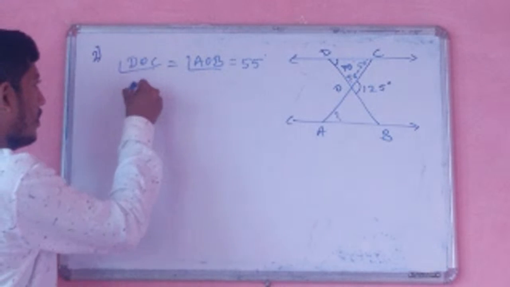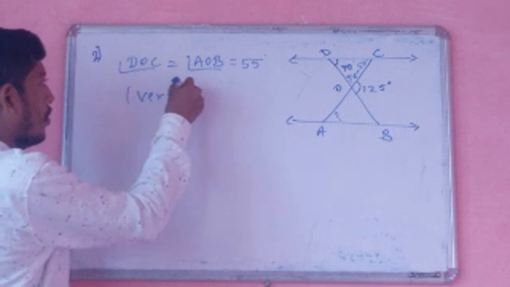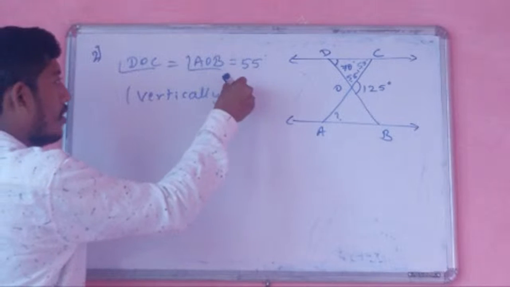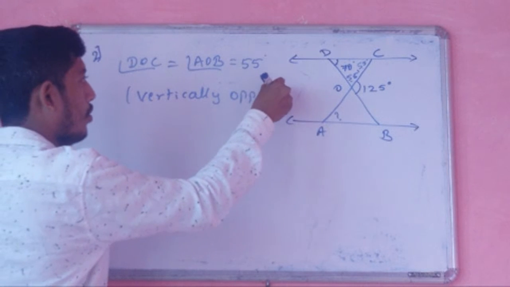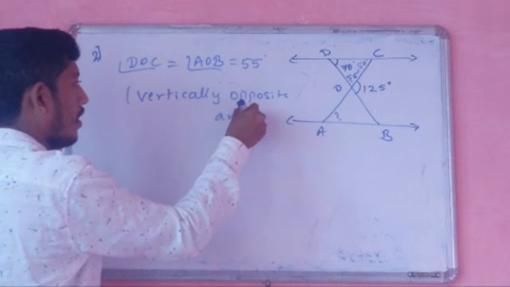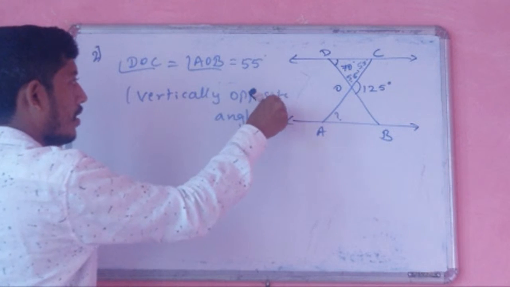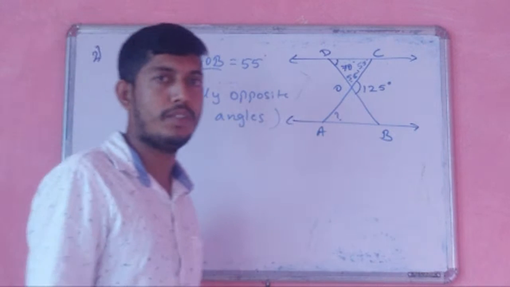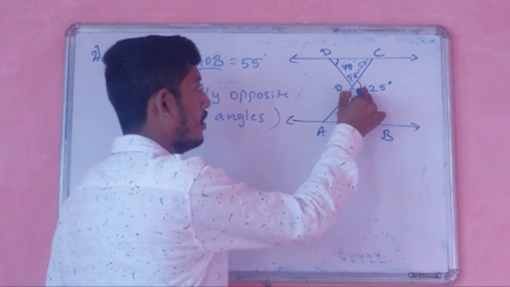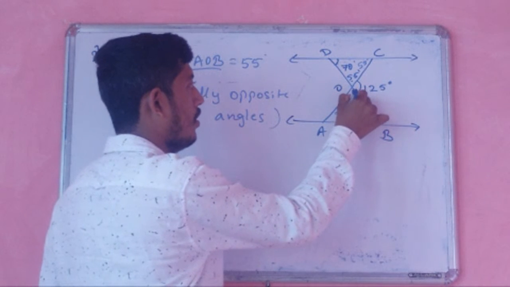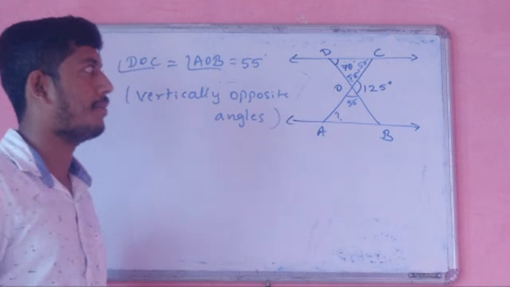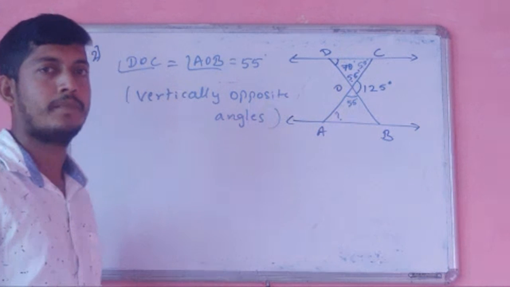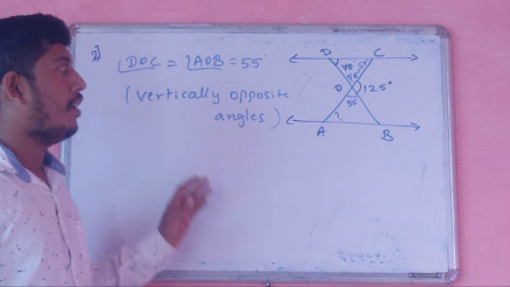The reason is vertically opposite angles. Therefore, we got this angle that is equal to 55. Okay, so now